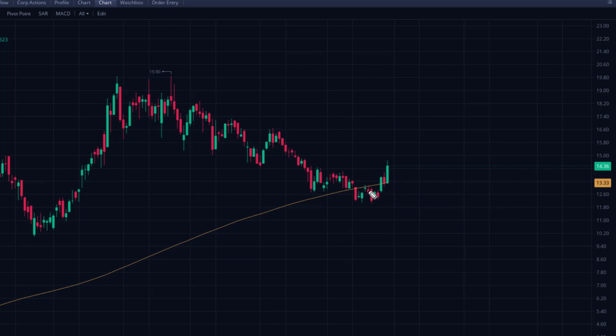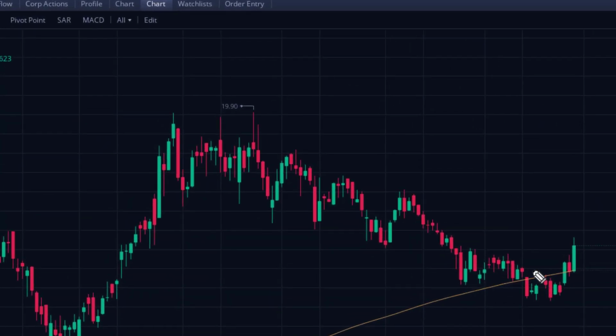Go back to yesterday's video, where I talked about the hot dog pattern. There's a hot dog pattern. So if you don't get the initial entry, which would have been here, then it dropped down and gave us another chance to get in here. So today we have a hot dog pattern. Go back to yesterday's video or last week's video to watch that.